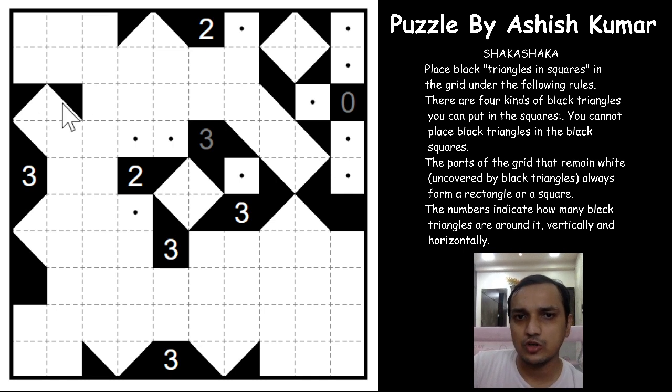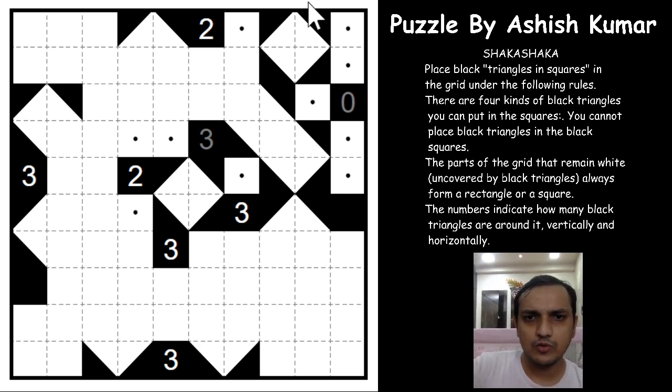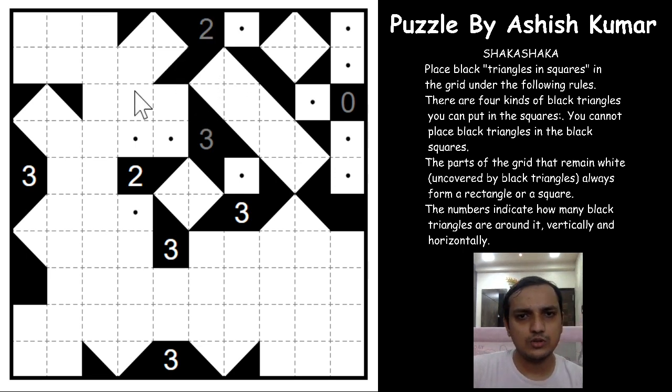So let us stop this triangle from continuing further, and we will change the direction of the triangle to form a rectangle or a square. And so what happens, let's see if this 3 has one orientation, right? So this part is now forming an L here, so we won't be able to make this white area a rectangle or a square. So this 3 will work with the other orientation now, the other way, right? And this 2 will continue here.